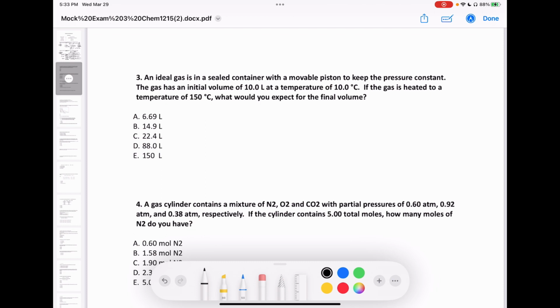So what I do, and you can also do as well, is set PV = nRT equal to PV = nRT, and then you just cross out whatever is constant. In this problem we're only looking at volume and temperature, so pressure isn't changing. It even says pressure is constant, so you can cross that out from both sides. Not changing the mole amount, and R is never going to change. So then you're left with